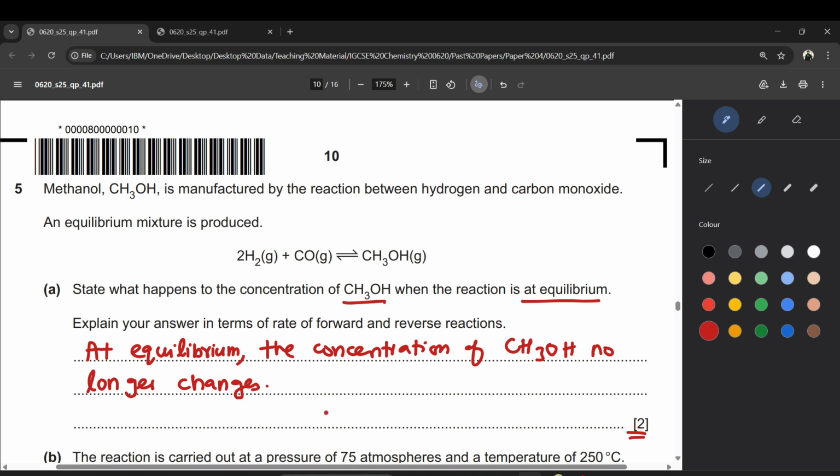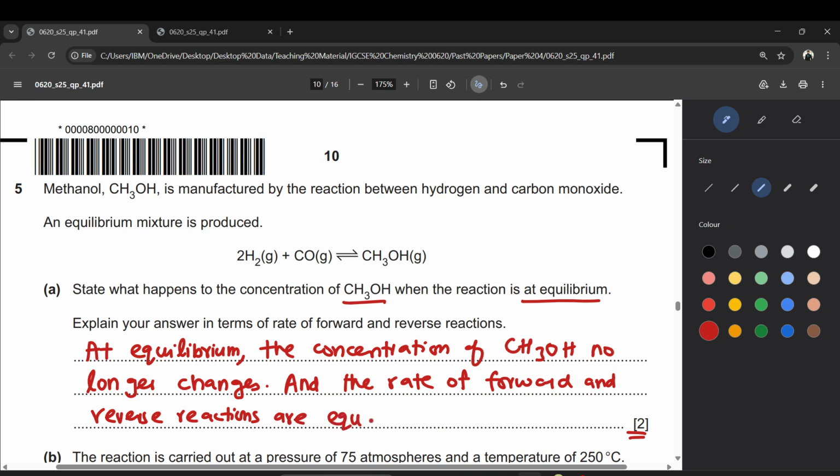Okay, that's the first point. The second point is now it says explain your answer in terms of rate of forward and reverse reactions. So now we will say that the rate of forward and reverse reactions